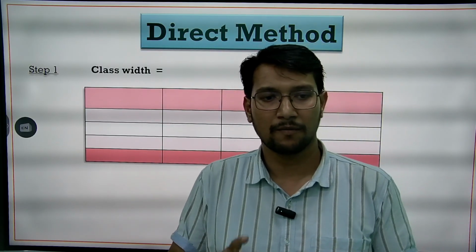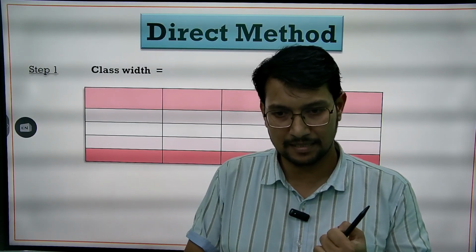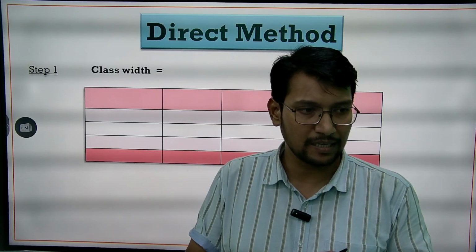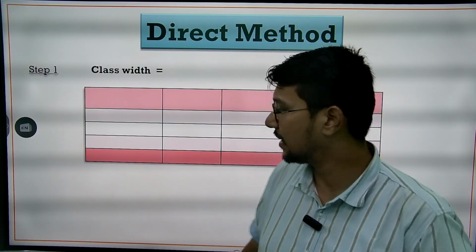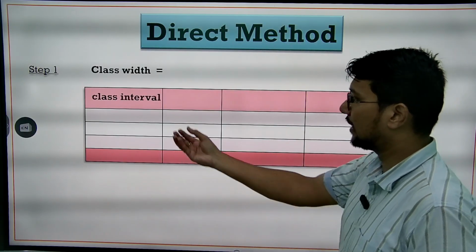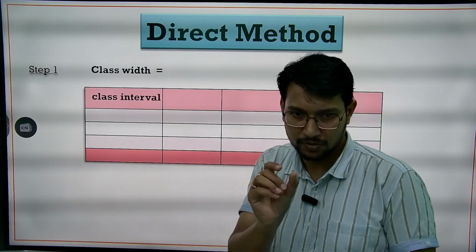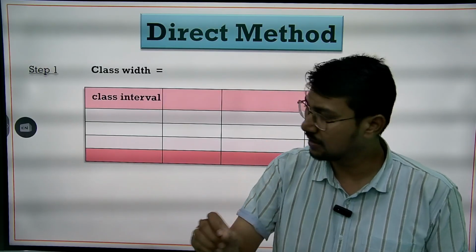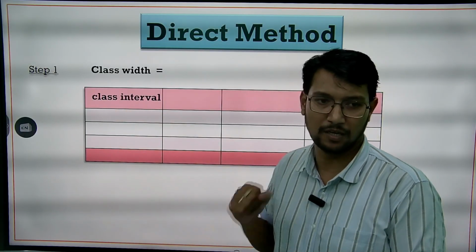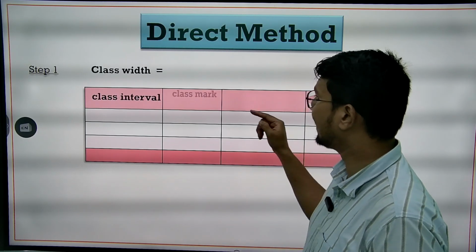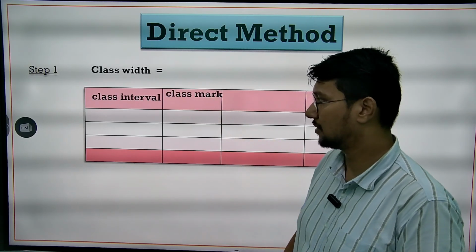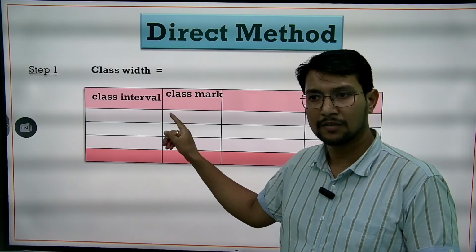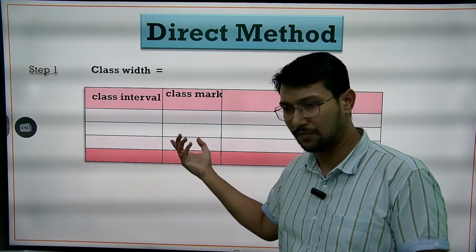For the direct method, there are how many columns? 4 columns. First column you have to write class, second class mark, then frequency, then fi xi. What is class? Class interval, that is groups 0 to 10, 10 to 20, then 20 to 30. You have to represent them in this column. Second, what is it? Class mark. If this is 0 to 10, what is the class mark? 0 plus 10 by 2,